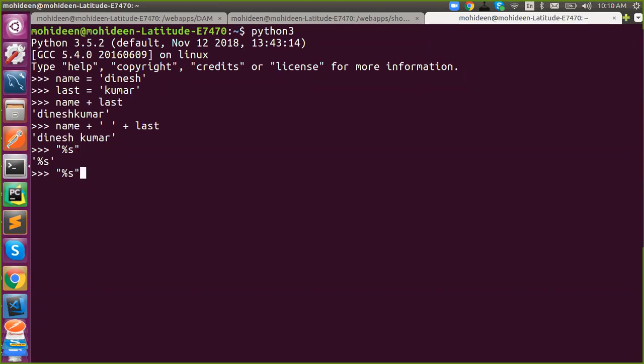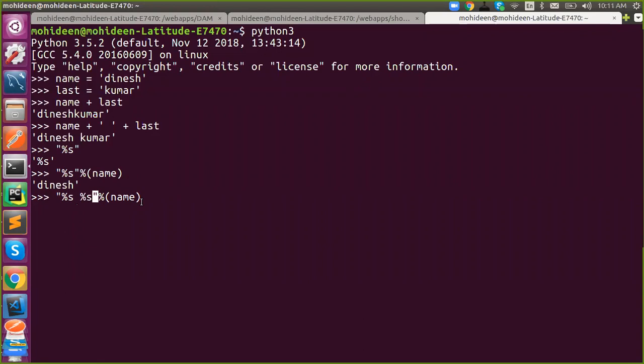If you want to do formatting, you have to keep this syntax. Now whatever you give will be added into it. Say name will be added, and if you want one more, you have to keep a space and say percentage s again. If you use more than one, it's up to how many percentage signs you have actually used inside a string. If you're using two, you have to pass two inputs. Otherwise, it will raise an error.